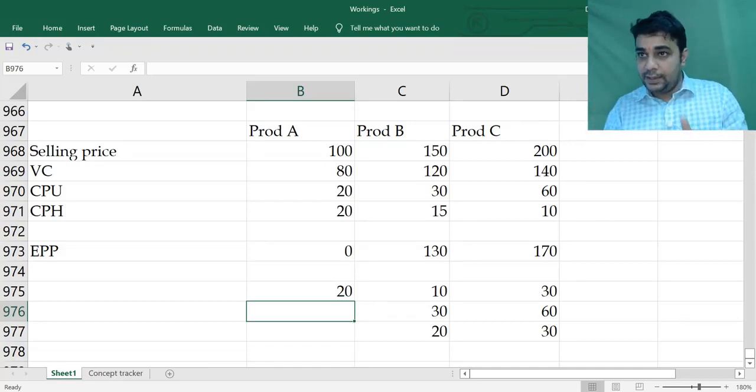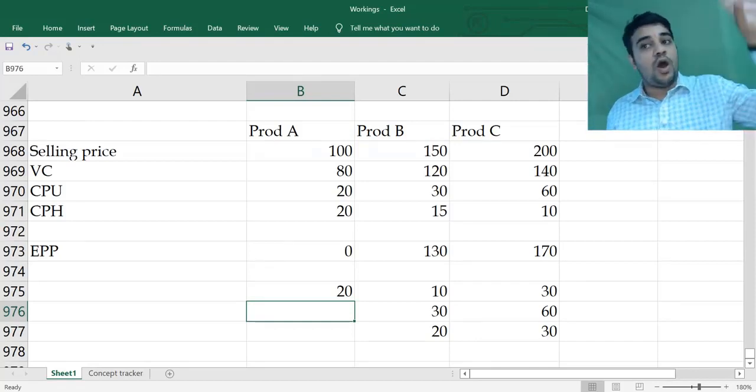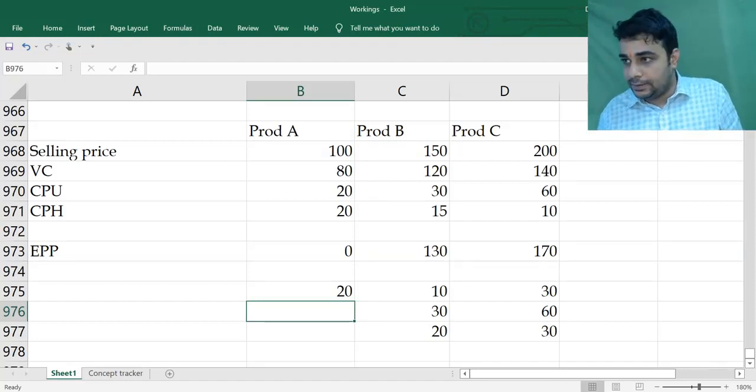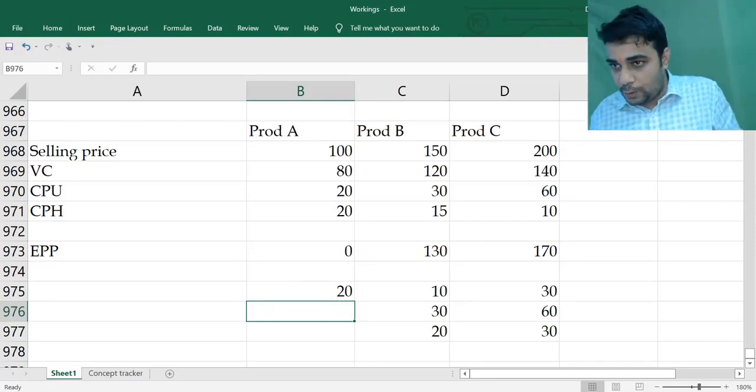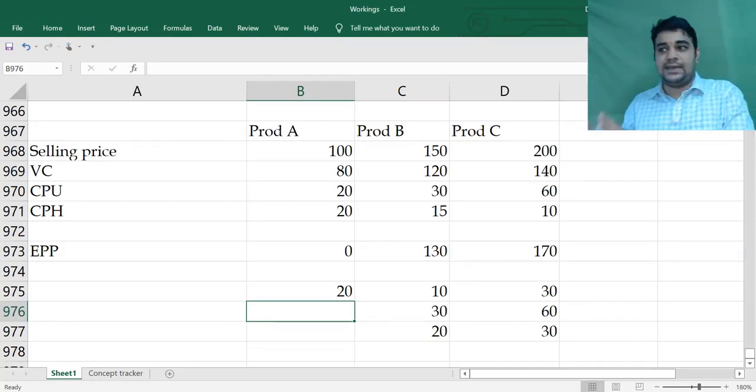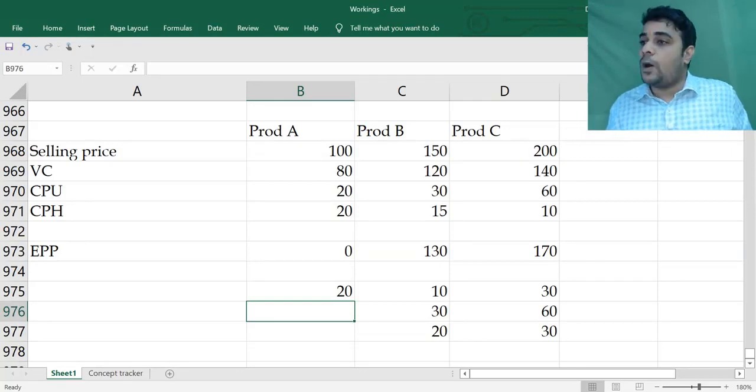If you want, I'll explain again. For a product which does not have an external purchase possibility, in all the questions you did in limiting factor, the question would not have said that an external purchase is available, so I wouldn't have discussed these possibilities there. Wherever there is no external purchase option, do the ranking on the basis of contribution per unit of limiting factor, which could be contribution per hour, per rupee, per kg, whatever the limiting factor is. In the second scenario, where there is an option available, you will have to do savings per unit of limiting factor. Any doubts on this?